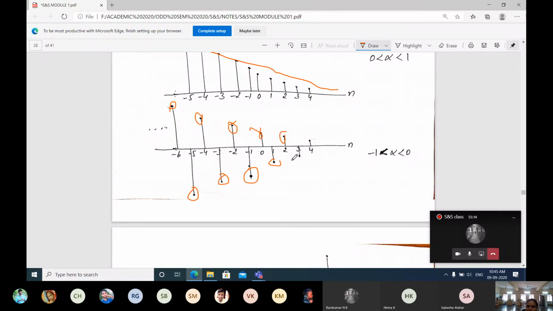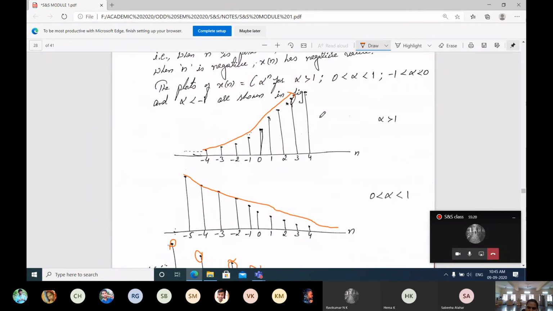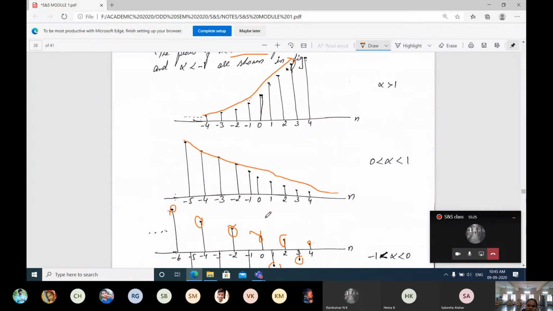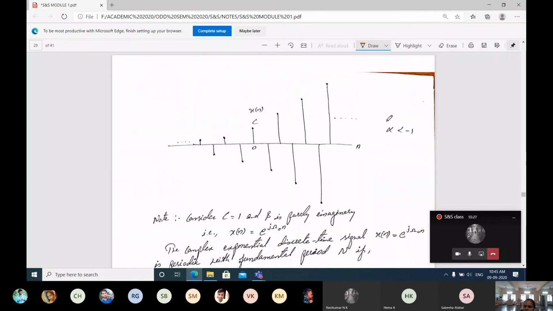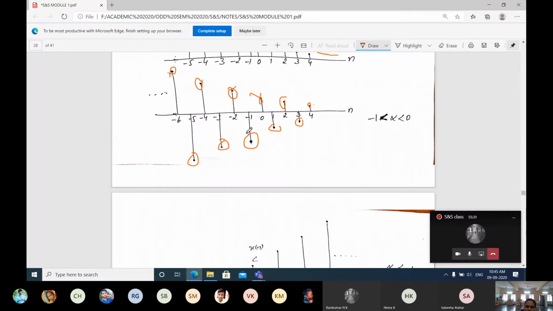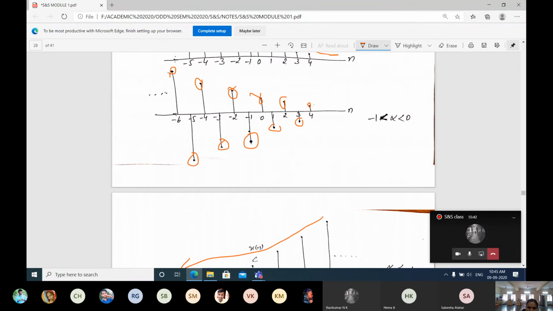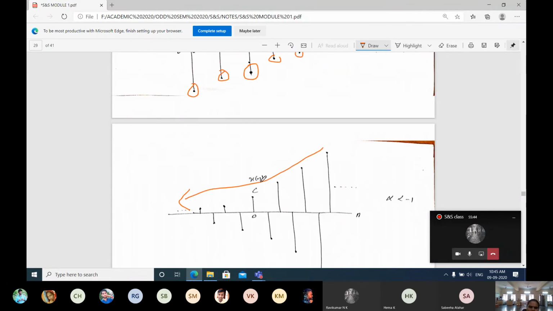To understand this, what you have to do is just substitute alpha values in between -1 and 0 in the equation. Then you will get signals like these. Then when I substitute alpha less than -1, it is again the reverse of this signal. Instead of decreasing here, it will come in a reverse fashion. Observe here, alternate impulses are generated, but in the opposite manner to this. This is how the discrete time exponential signal works.